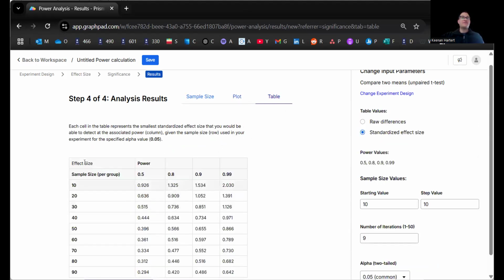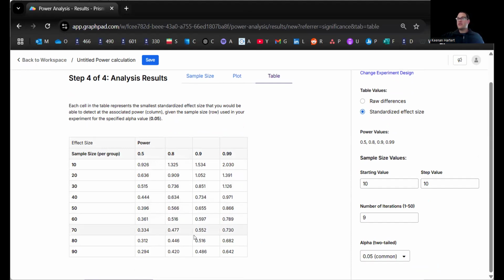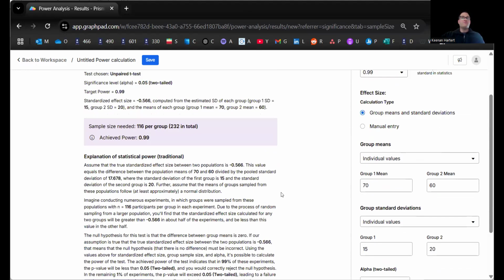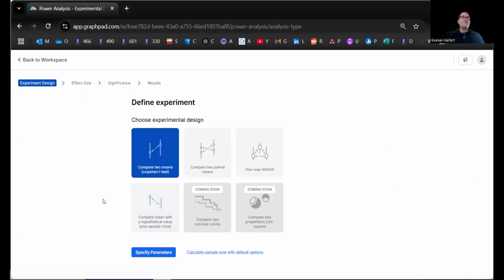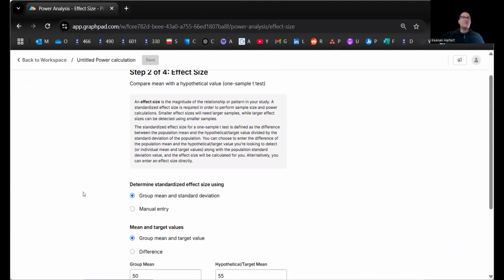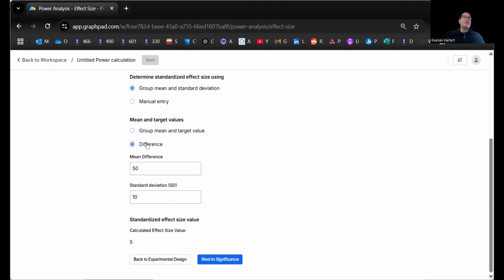But you also got a nice little table here if you want to point and click and copy things like that. So we can move on from these. Again, if I go to experiment design and say, hey, let's do a one sample t-test in this case, group means, what the difference is, for example, again, this is going to simplify things. So if I'm saying 70 as a pass and it's just going to be 10 of a difference or something,